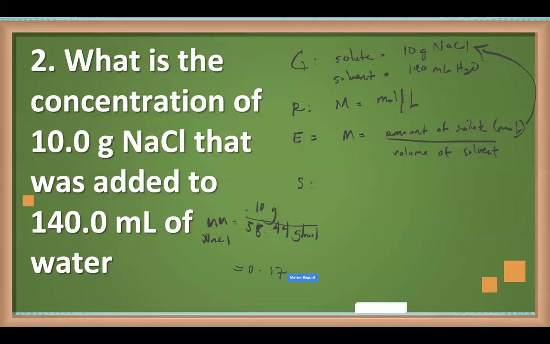0.17 mole. So we have to cancel out the grams here. Now, this 0.17 can now go directly on the problem. But first, let's convert 140 into liters. How many? That is 0.14 liters. So substitute the values. We have 0.17 mole all over 0.14 liter, and that is equivalent to